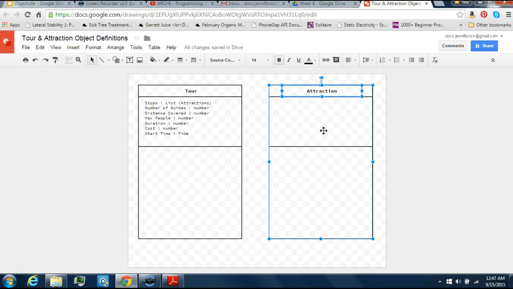In our exercise at the beginning of class, the tour visited every attraction in the city. So in this case, we have attractions, and any given attraction could have a name. Those are descriptors. They're adjectives for our noun, which is attraction, so name,